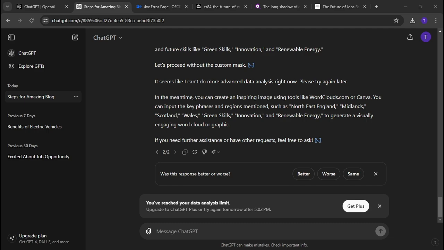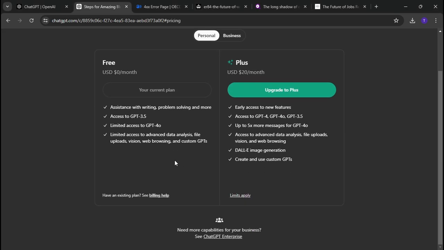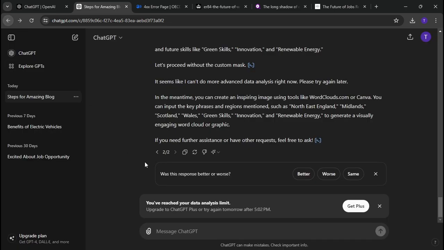So what it's suggesting I do is that I upgrade the plan. And given we're here, let's have a look at what that plan would look like. So currently, to upgrade the plan to give me access to DALL-E, currently I don't have it. That's why it wasn't giving me the picture. It will cost me $20 US a month. I'm not going to do that now because I want to keep this as a free account so that when I show you how to operate with ChatGPT, you can see it from the free version.